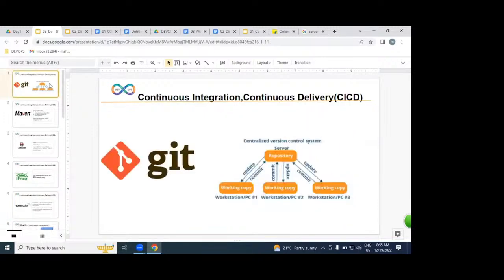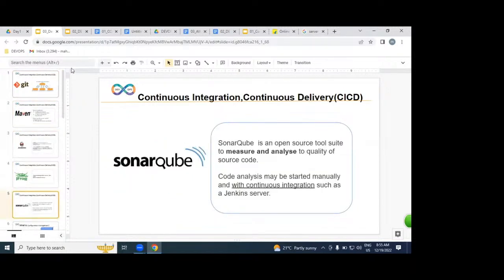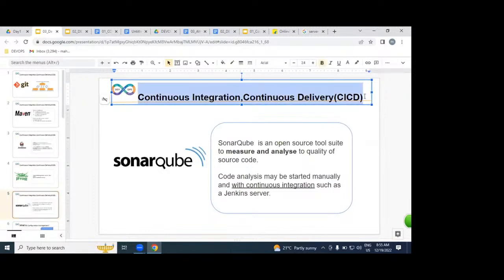Using these tools, Git, Maven, Jenkins, JFrog, and Sonar, we implement the CI/CD process. Continuous integration, continuous delivery, is one module. It will take 3 weeks, or sometimes 4 weeks.